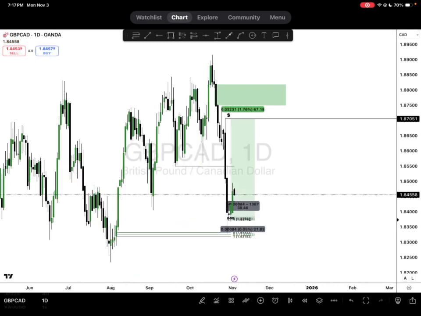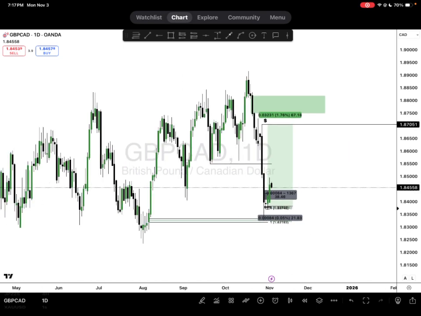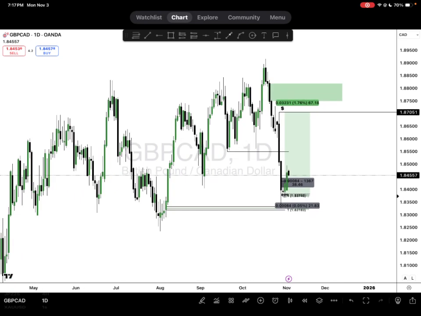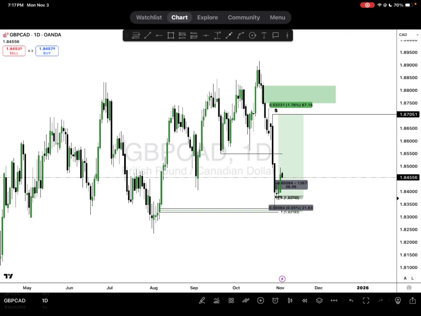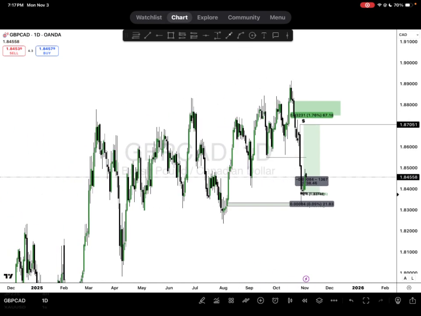All right, GBP CAD. So this is one that I added. I was just perusing through the different pairs and was like, I wonder what's happening on GBP CAD. For some reason, I just felt like looking at GBP CAD. And that led me to finding an opportunity for a buy. That also showed me potential